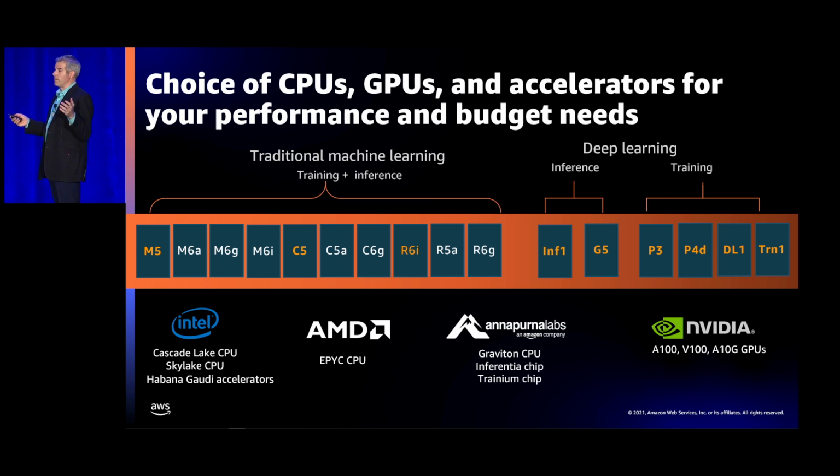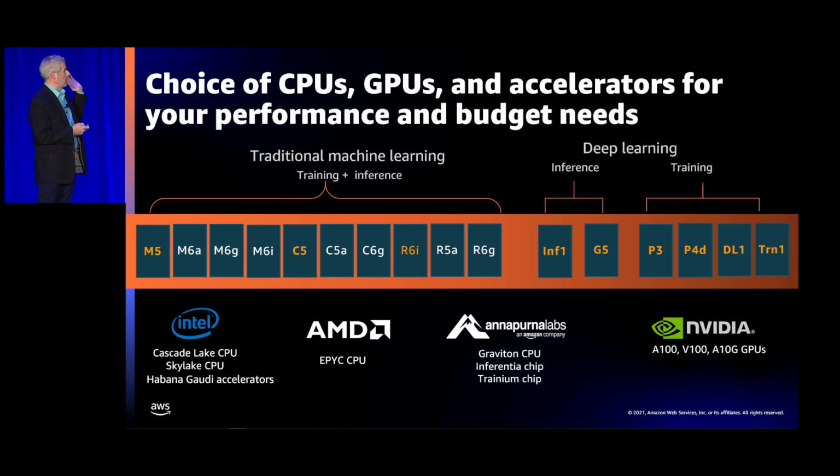All right, here's a big slide talking about lots of different things. I'm going to try to narrow this down. I won't be walking through every one of these. But I want to talk briefly about the choices that we have here, because I spent a lot of time talking about them, and I think this slide offers a visual for all of the offerings that are out there. So customers have a wide range based upon the latest CPUs and GPUs and our custom accelerators. Customers looking for high performance compute can run training and inference on deep learning models or leverage some of our GPU work here. So we're constantly introducing new generations of these GPUs and performance-optimized CPUs, and also our compute-based platforms.